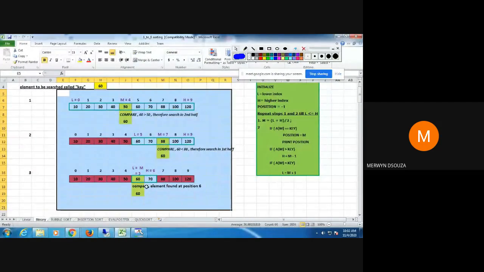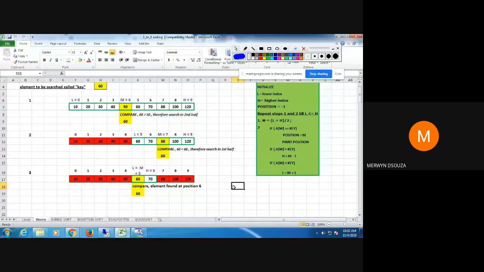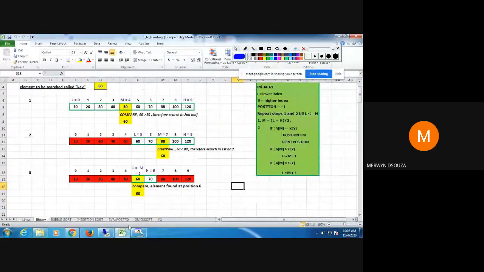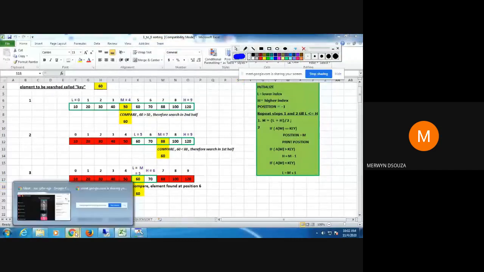In 3 comparisons, I'm able to find my element. It always may not reduce by half, but in this case, it has reduced our effort by half. Is it okay? Everyone has understood how this is working? Any questions here?